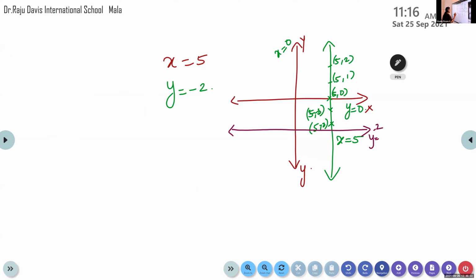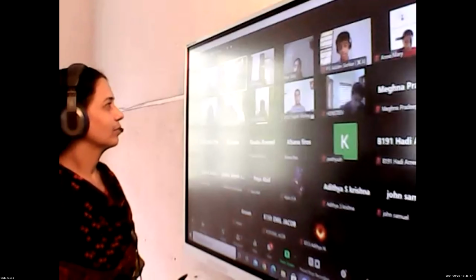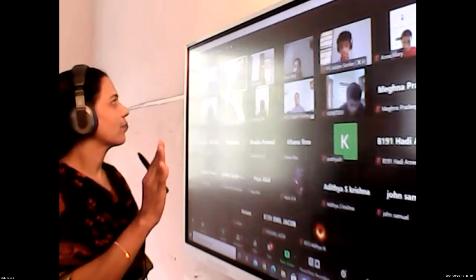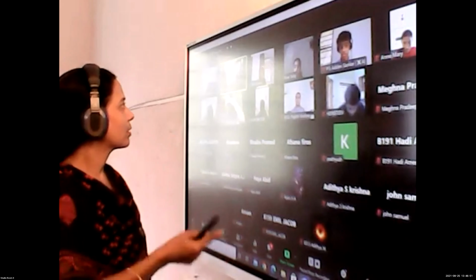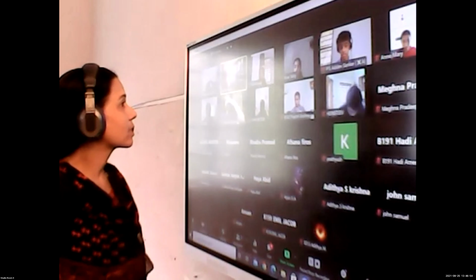What about the line ax plus by is equal to 0? These are all important points, children, note it down. What about the graph of ax plus by is equal to 0? We have discussed all these things while we learned. It is a straight line. Linear equation means it is a straight line, isn't it? But what is the speciality there? Which term is missing?